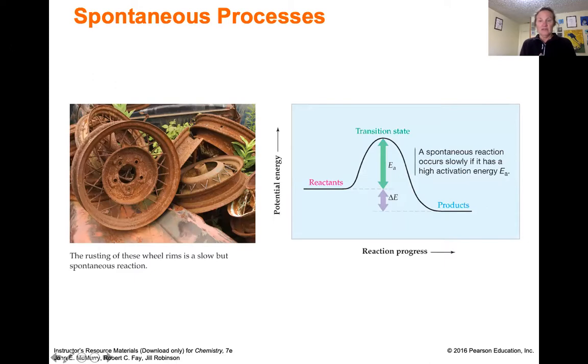So we talked about kinetics and how some reactions are slow and fast, and that has to do with the transition state energy or the activation energy in between reactants and products. What determines whether or not the reaction takes place is we're going to see a difference in Gibbs free energy in reactants and products. So it won't necessarily happen fast, but we'll understand the direction of change if we waited.